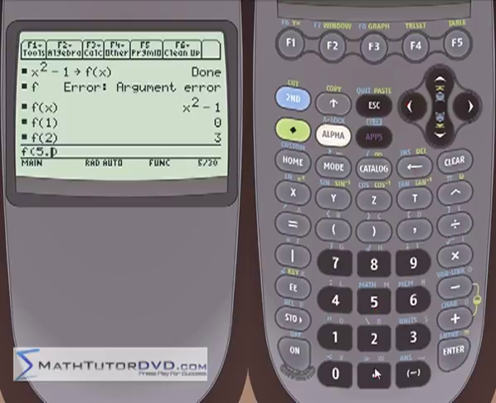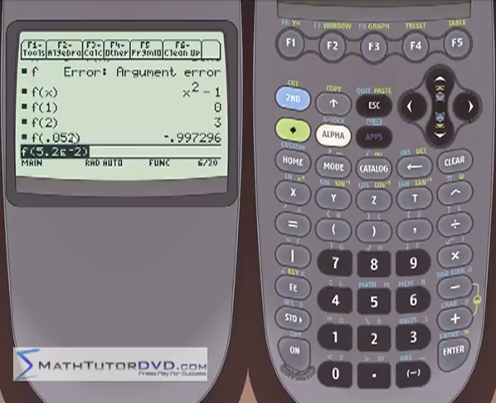What if I put 5.2 times 10 to the negative 2 and stick that in as the function? It's going to go ahead and evaluate that and spit it out. So this is a very powerful thing that this calculator can do, that you can define a function and then go ahead and feed it arguments, and